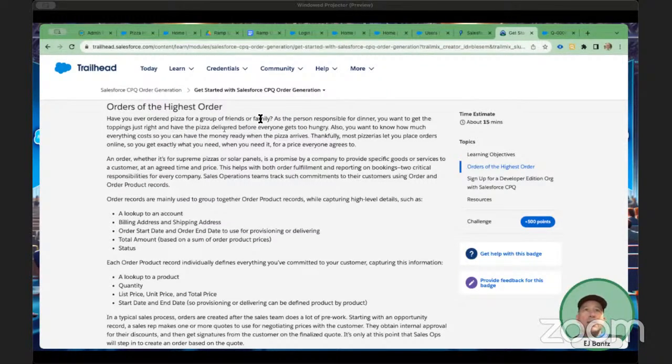Have you ever ordered a pizza? It's the person responsible for the dinner. You want to get the toppings just right. Yeah. Also, you want to know how much everything costs. Thankfully, most pizzerias let you place orders online. I